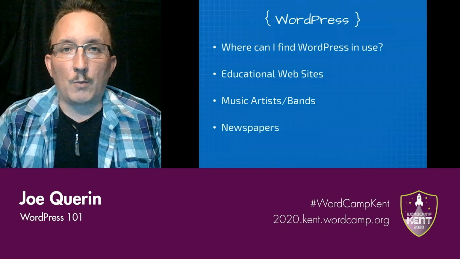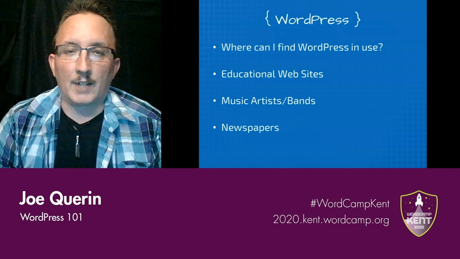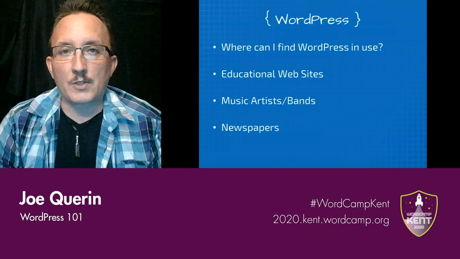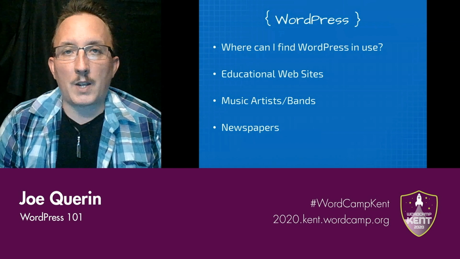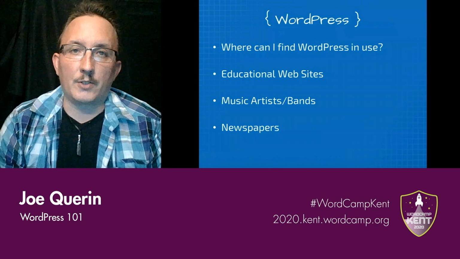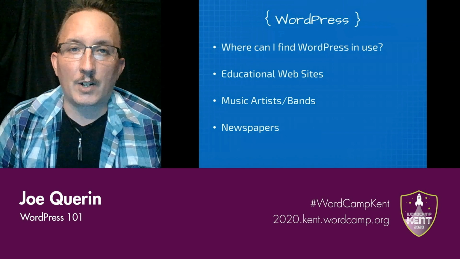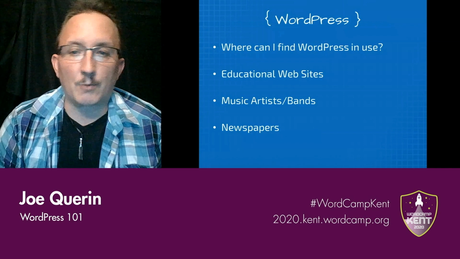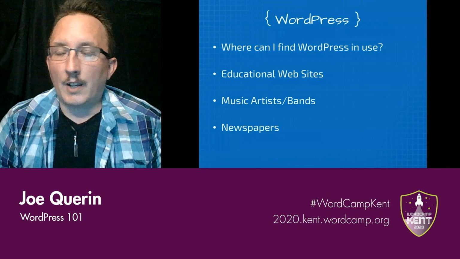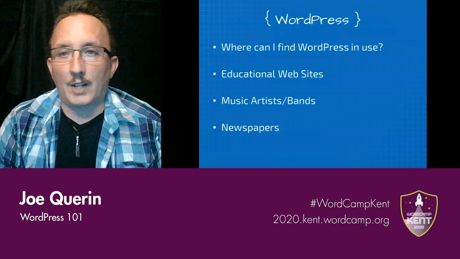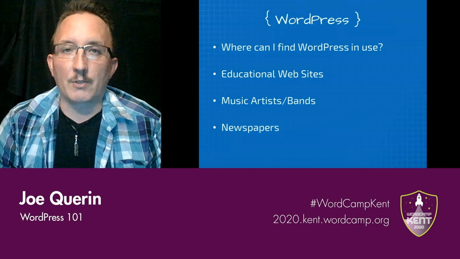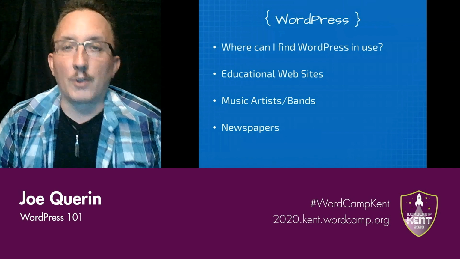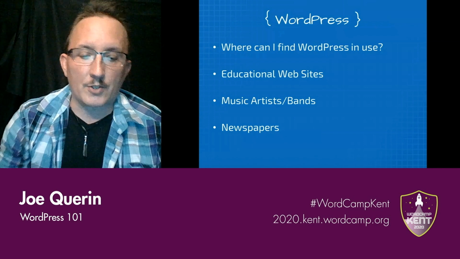Well, what is a blog after all? Basically, an online diary or newspaper type content. So it's not surprising that many newspapers have also moved from the print page to the online page and are using WordPress to do that. A number of years ago, I actually read a rather interesting article about a newspaper that used a mashup of Google Docs and WordPress to create a publishing workflow. And they were even able to use that same workflow to send right down to the print press to continue producing the regular printed newspaper. So it was pretty cool to read about how they were able to do that. And more newspapers have been taking that conversion to WordPress on.